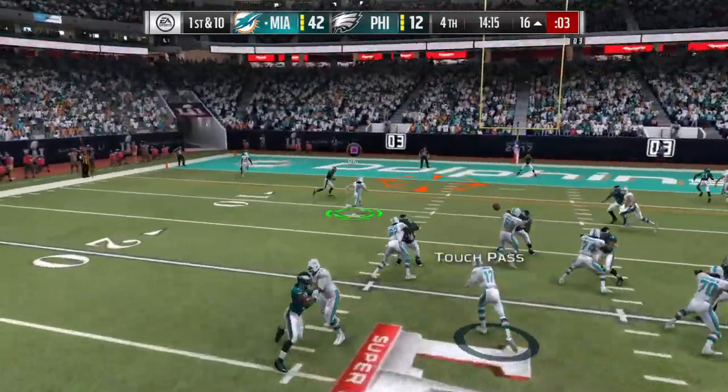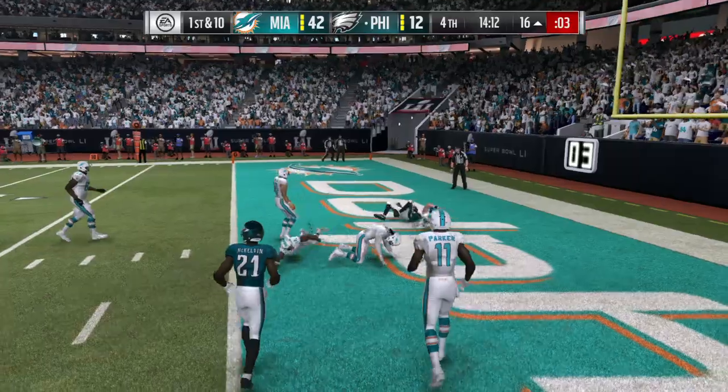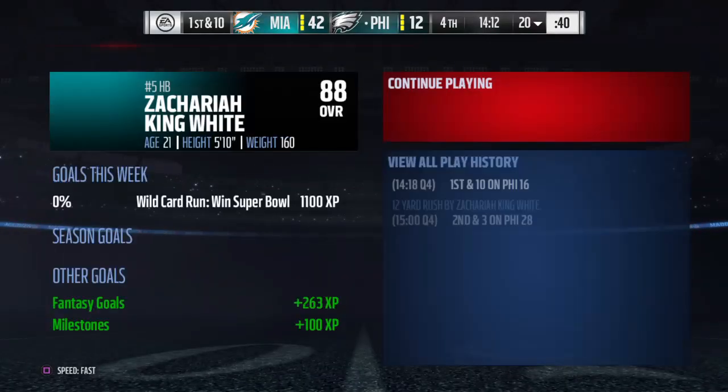From the red zone now, Tannehill. This is intercepted. Picked off by Malcolm Jenkins. And he'll actually lose 6 yards on the return, but I don't think they...